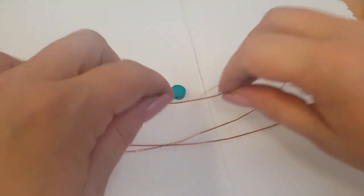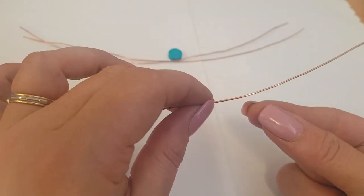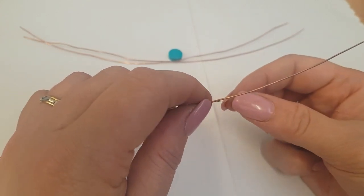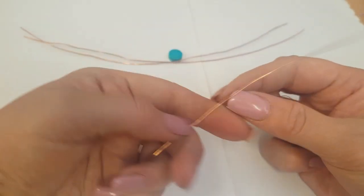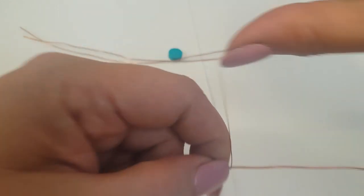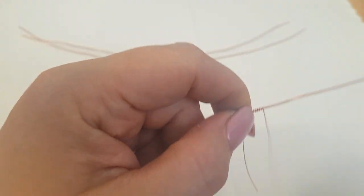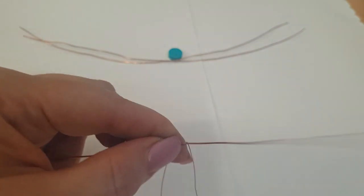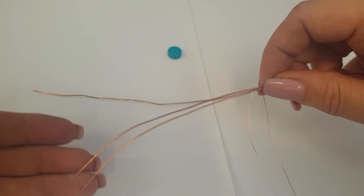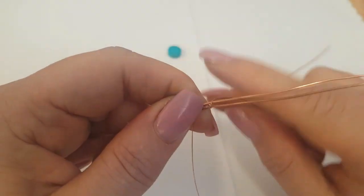So to begin, I'm going to start off with the weave. Now you can do any weave you want for the ring shank, just as long as it keeps those wires close together. So I'm going to start with taking my 0.315 and coming about a third of the way along the wire, leaving a tail. I'm wrapping 1, 2, 3, 4, 5 times. I'm then going to take another 0.8 wire, line that up so that the ends are together, placing it on top, and I'm going to wrap both those wires 1,